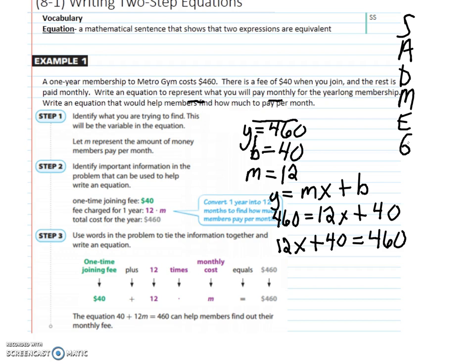And we see a plus 40. Well, what is the opposite of plus 40, or the inverse of plus 40? Well, that is minus 40. And what you do to one side, you have to do to the other. So 40 minus 40 cancels out. You're left with 12x equals